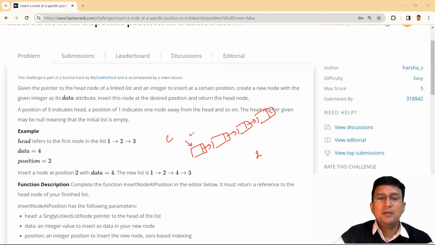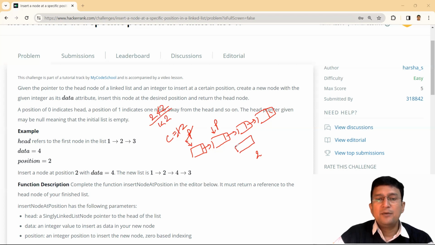So P is the pointer that keeps the address of the first node. The counter starts from 1 and I have to insert the node at position number 2. Since the counter is less than 2, I will increment the pointer P to point to the next node. Now P keeps the address of the second node and the counter is also incremented by 1. Now 2 is not less than 2. So I'll stop here and say that the element is to be inserted after the given node P.